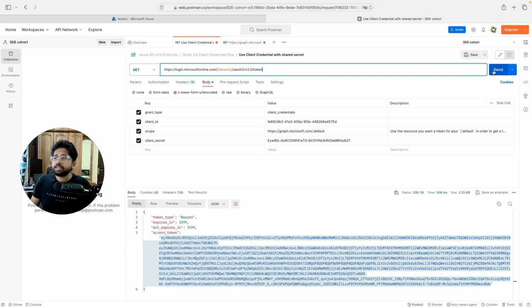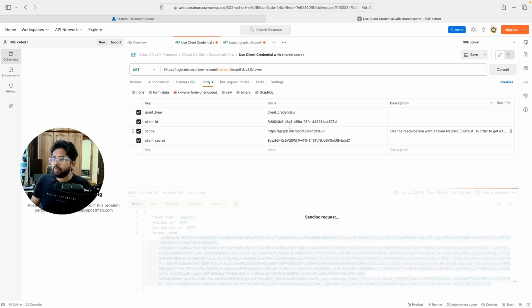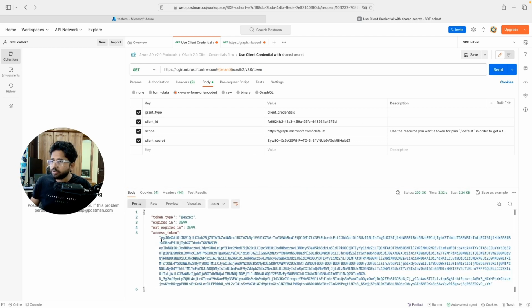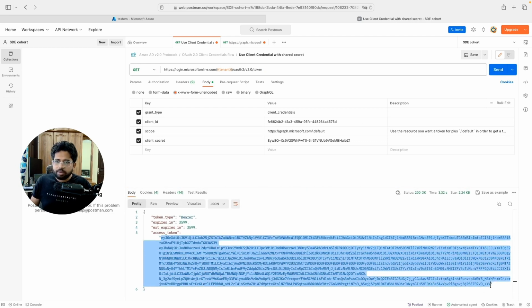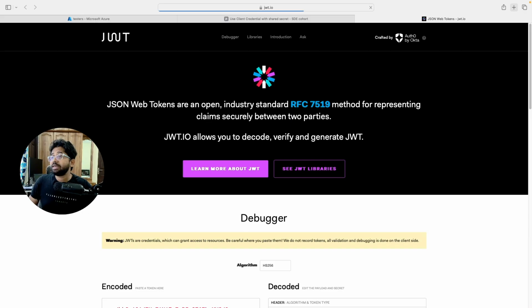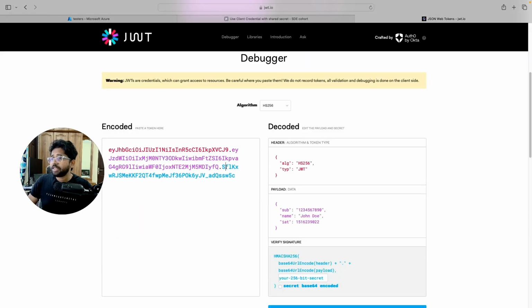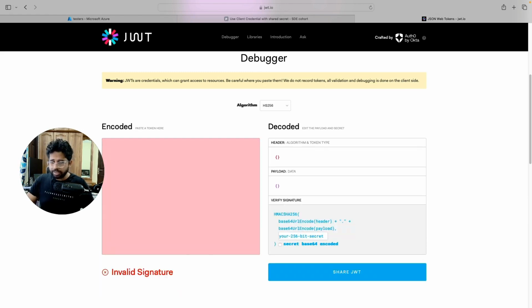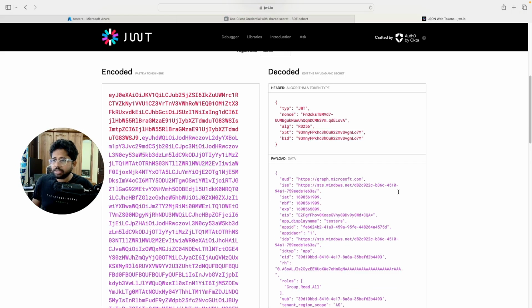And you just call this endpoint with all the information about client secret and all those things, and you can get the JWT token in the response. Now this token, although it looks not very interesting, what exactly it is, is pretty confusing. But if you go to jwt.io, that's the JWT website, and you put the token here, you will find a bunch of information